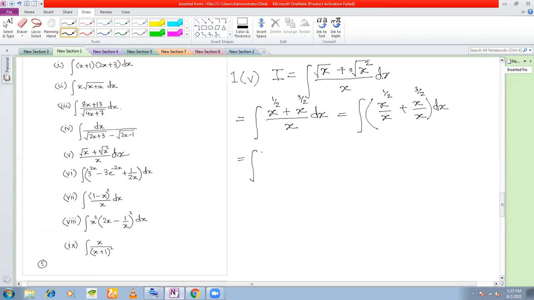which is integration of x to the power of, from the laws of indices, you can write half minus 1, plus x to the power of 2/3 minus 1 dx, which is equal to integration of x to the power of minus half, plus x to the power of, if you take LCM in the numerator, this is x to the power of 2/3, because this is cube root. So this is x to the power of 2/3. Okay, so now if you take the LCM, you get x to the power of minus 1/3 dx. You understood the mistake there?